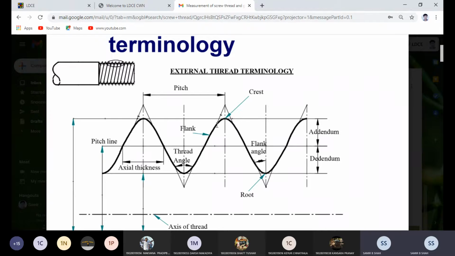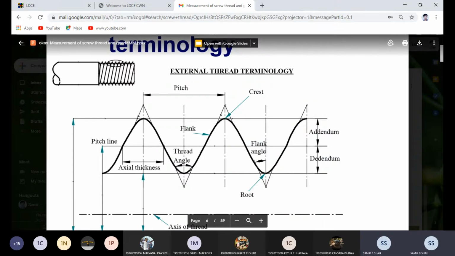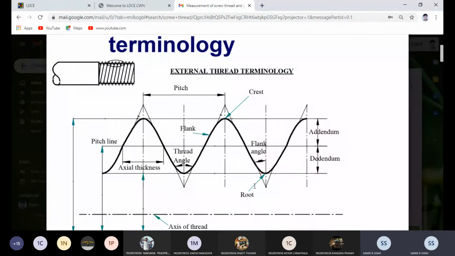Here, the diameter which we have to measure, the wire will come here, and the anvil is placed on the other side, where the root is. So between the root and the diameter, with the crest, as you can see here, the micrometer reading is not on the standard gauge, and we measure the micrometer reading directly.